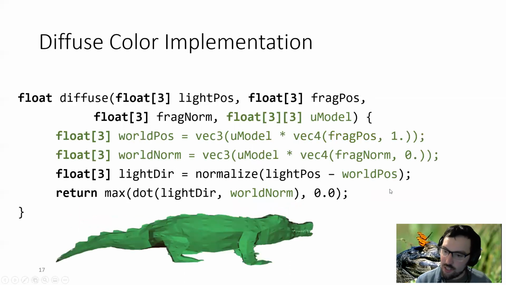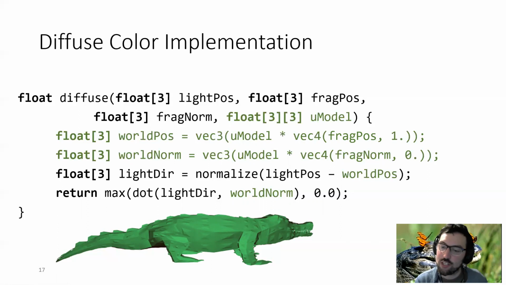And unfortunately, fixing this output is fairly complicated. As we can see here, we have to introduce a U model matrix, which is an entirely new construction that didn't show up previously. And then we have to multiply it by vec4 of frag position, and the same thing with fragment normal, and then there's a 1 and a 0 respectively, and then we have to add this vec3 function, and it's unclear exactly what this is doing, but somehow this is going to fix the problem. So I'm going to walk you through the rest of the talk exactly, first of all, how this fixes